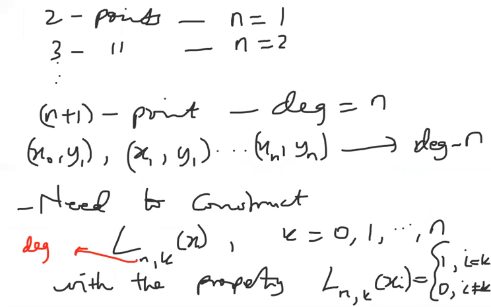So if you're looking at 2 points, then you expect k to go up to 1, because you are going to have x0 and x1. So the n in this case will just be equal to 1. So you just go up to 1. If you are given 3 points, you go up to 2, and so on. Now I mentioned that if you understand from the